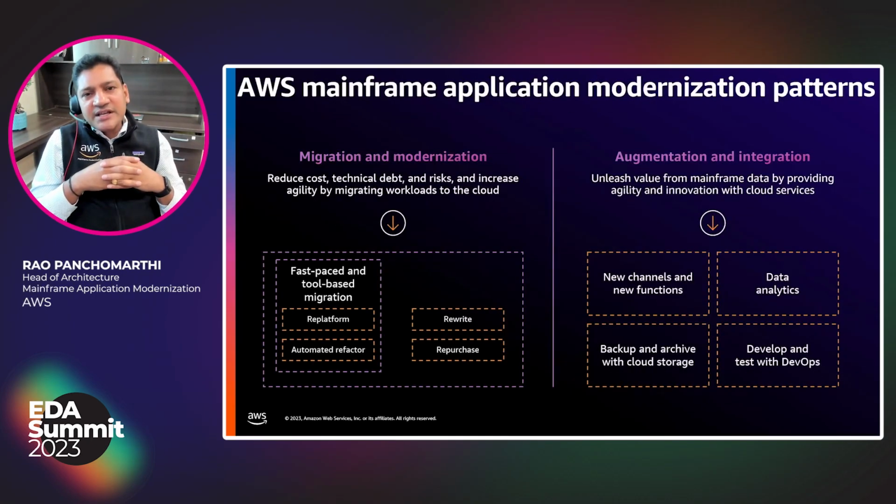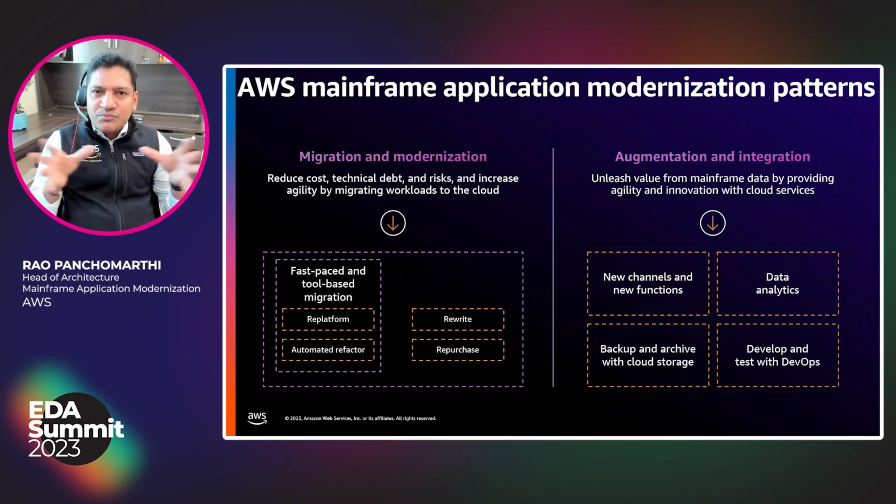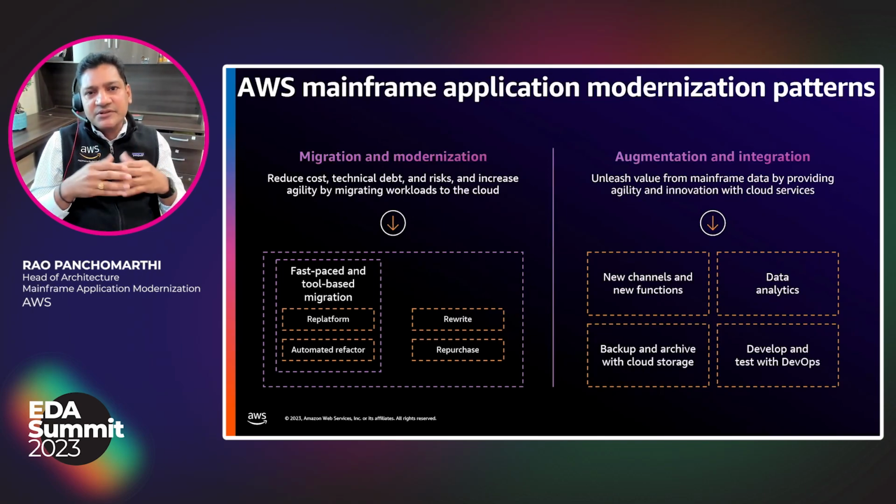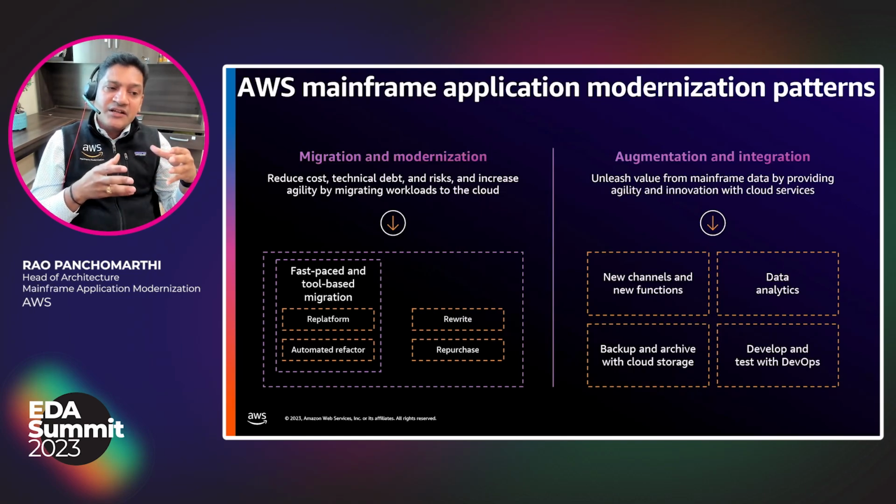When we talk about modernization and migration, these are two distinct broad categories we discuss with our customers. On the left, you see migration and modernization. It typically talks about migrating away from your on-premises mainframe platform using either automated tooling using replatform and refactor, or you could choose to manually rewrite or repurchase. But at AWS, if it is a mass modernization with millions of lines of code with thousands of maps, it is always a good choice to use automated refactoring using the tools to accelerate your modernization and reduce the risk